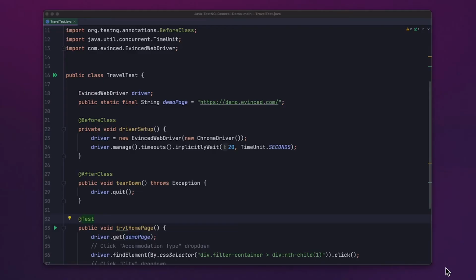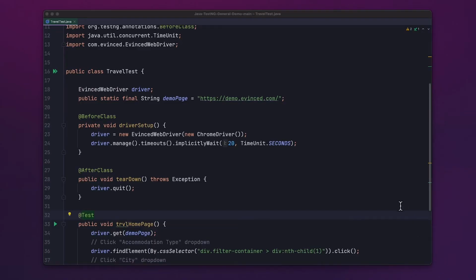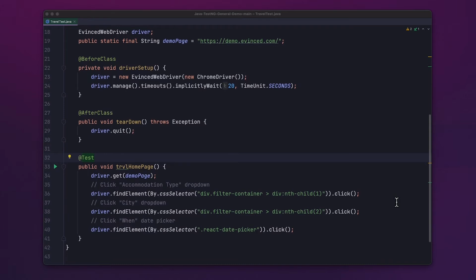For now, it just has one test, and that's to check out a few UI elements on a test site. Note that in order to run Events here alongside the UI test, we don't actually need to modify the test itself. I'm only showing one test here in my file, but in reality, the work would be the same if I had a stable of 10,000 tests.